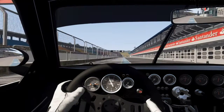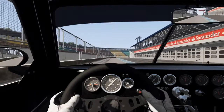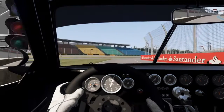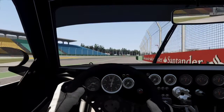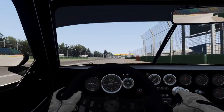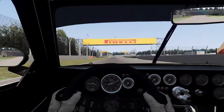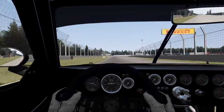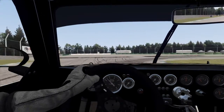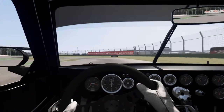So obviously I've been round in the first car of the day, the Audi, the fast road car, obviously on road tyres, etc. Got a bit of a feel for the circuit. Was quite happy with my laps in that car, didn't make any major mistakes. There was only one corner where I ran off the road a bit too much, but anyway, obviously we're stepping it up now into this absolutely incredible